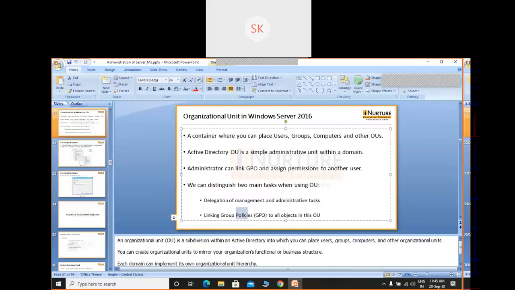Suppose xyz.com is a domain. The rule of this domain is that you cannot change your wallpaper. This is policy number one. And you have to join this domain before 9 a.m. This is policy number 2.